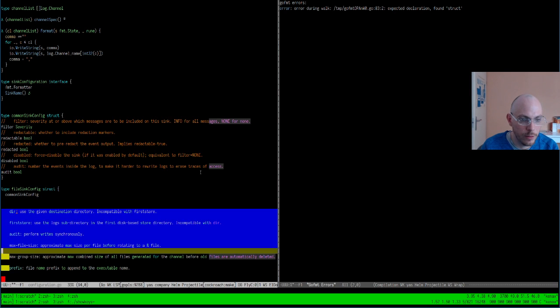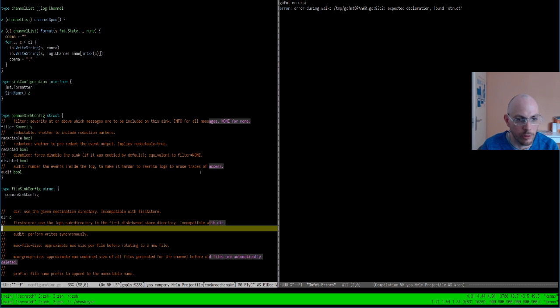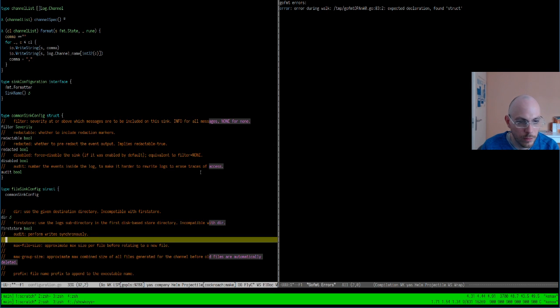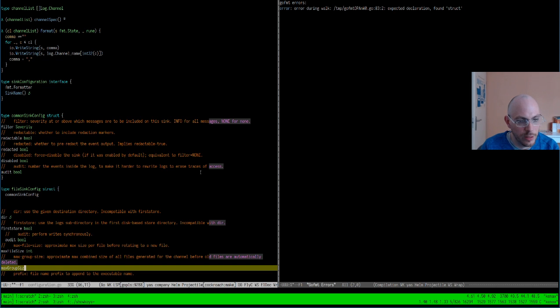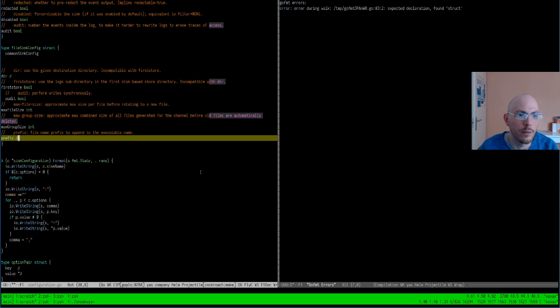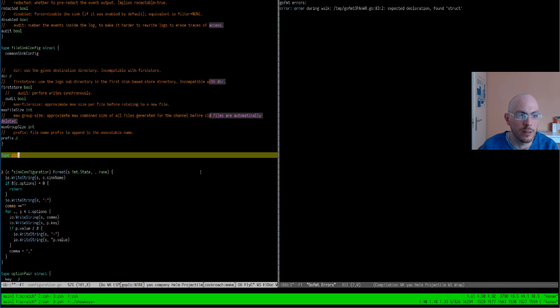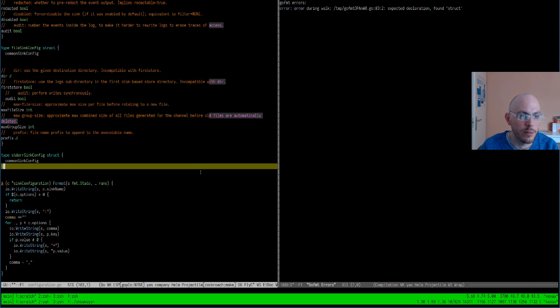So what you see here is that I'm using my specification to seed the struct. Size, max group size, prefixed string. All right, and then we have stdr sync config. It takes everything from the common one, but nothing else.